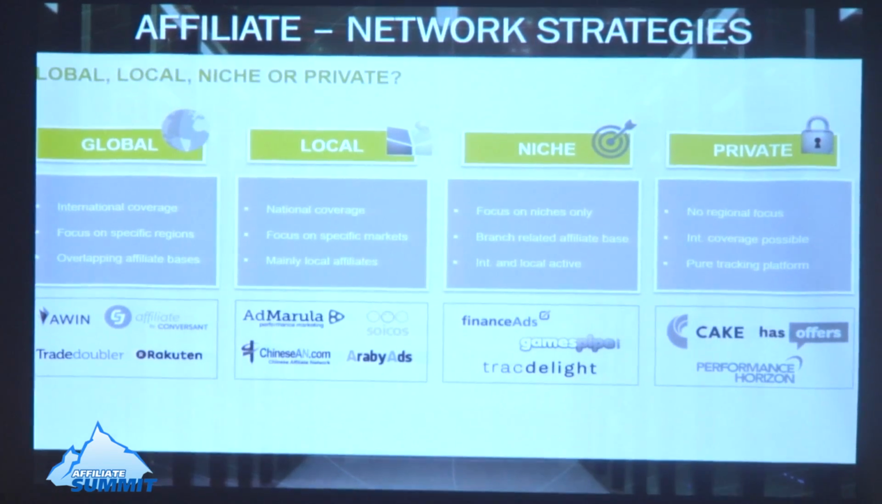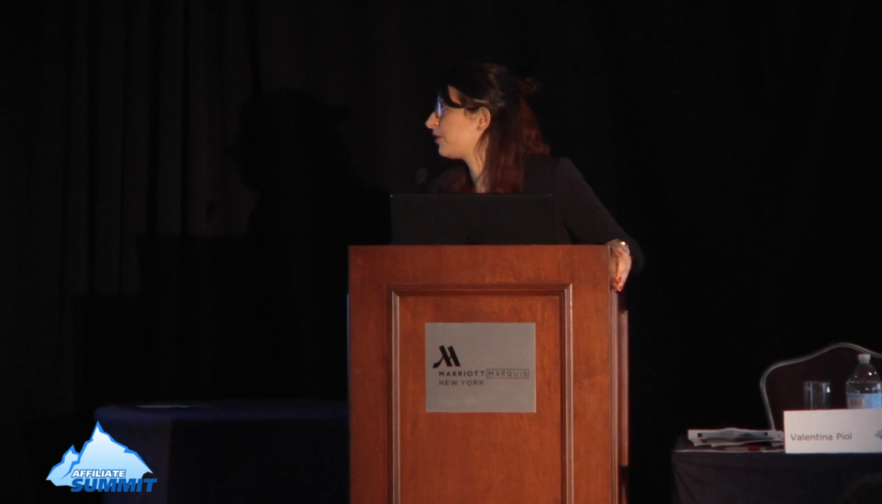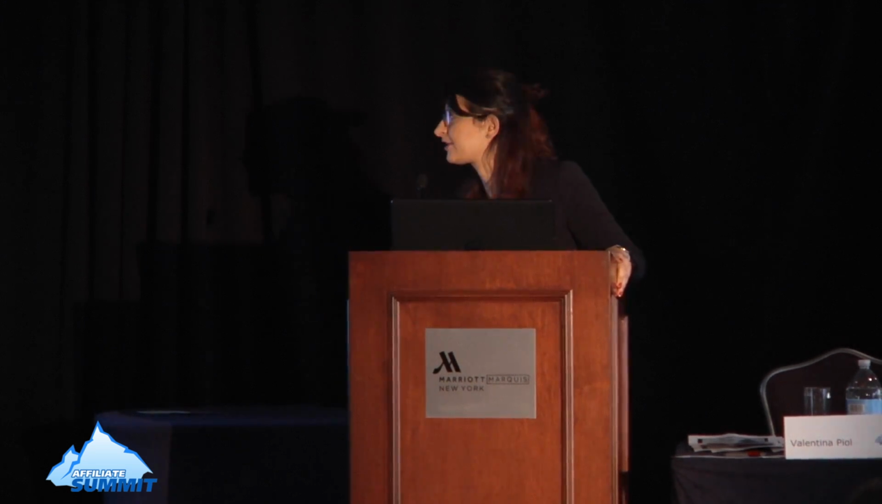A global network is a network with a big international reach, covering several markets, maybe focusing on a specific region or continent, for example specialized in the European market, and they tend to have a very broad affiliate coverage also on international partners that are working cross-border. Examples are, as you all for sure know, like AWIN, Commission Junction, Linkshare Rakuten, or Trade Doubler for the European